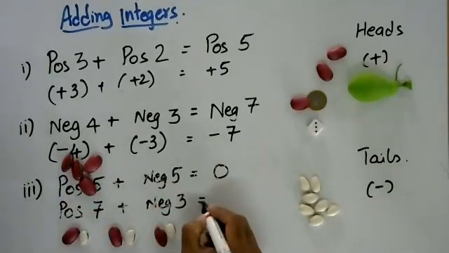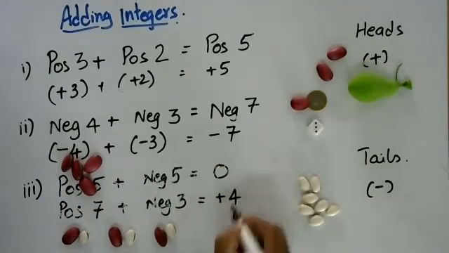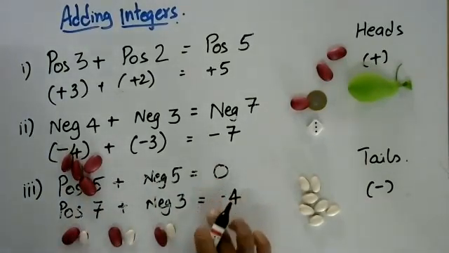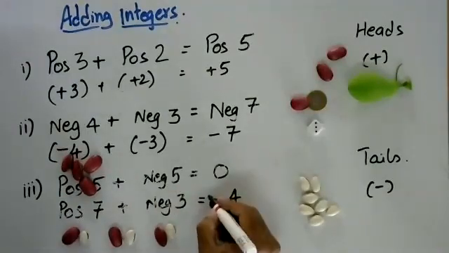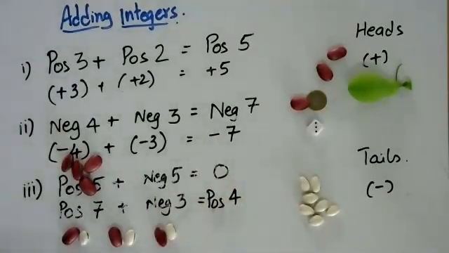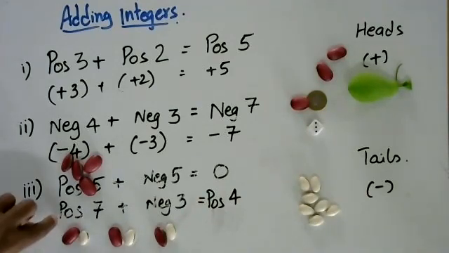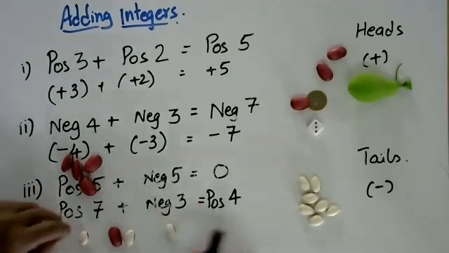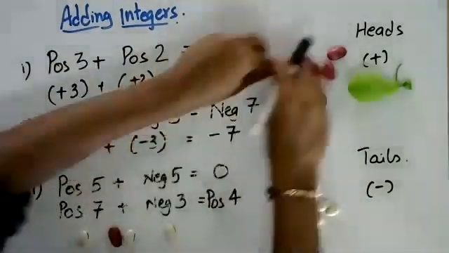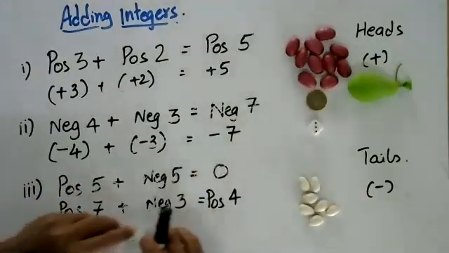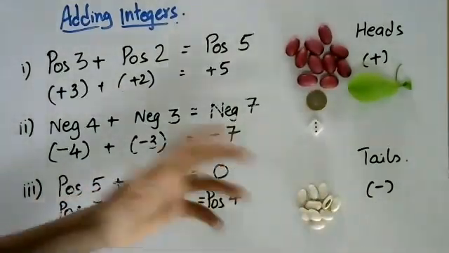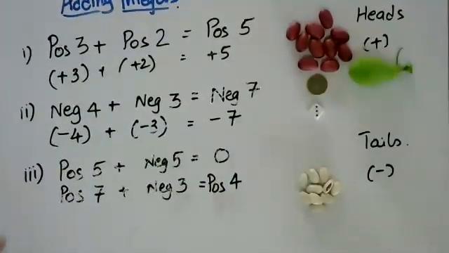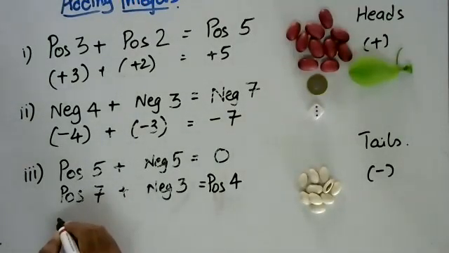So the answer now is plus 4. Okay, I'm sorry, I'm changing the sign over here since I said cos neg, so I put it as cos 4. So this is one way, where the positive number is greater than the negative number. What is the last possibility that is left? The positive number is smaller than the negative number, where the negative is bigger than the positive.